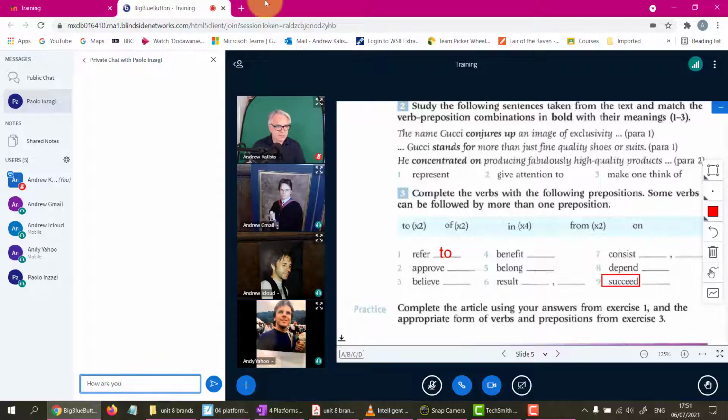And then when I press this arrow, it says private chat with Paolo Inzaghi from Andrew Callister, and that's it. And so if he wants to private chat with me, and it's great if students want to chat with each other, you know, if they want to ask questions that they don't want to ask me. So as you can see with the chat function, we can write individually to each other or as a group,